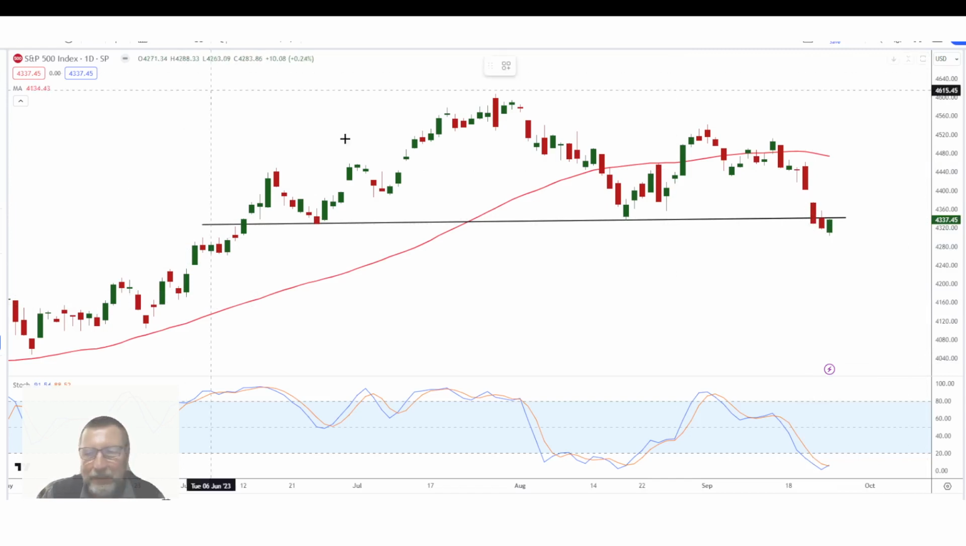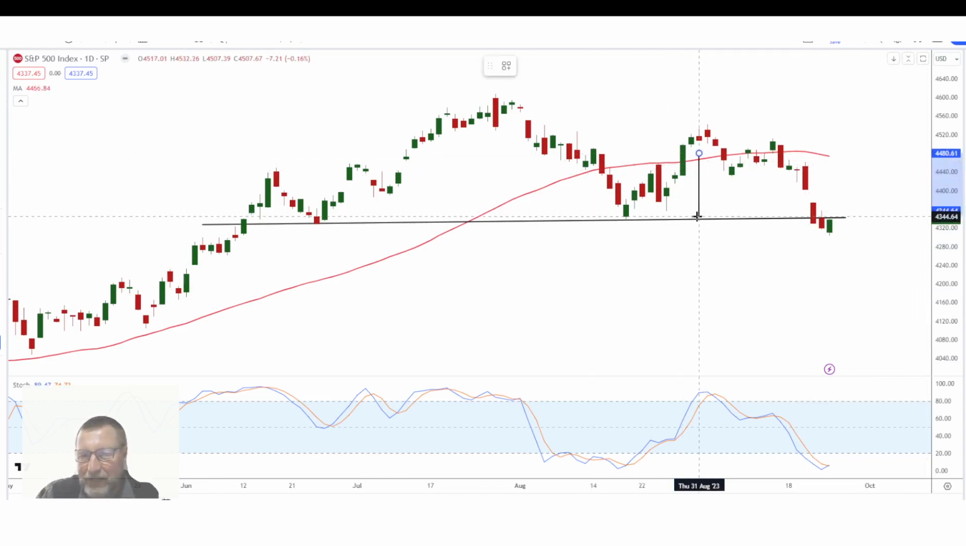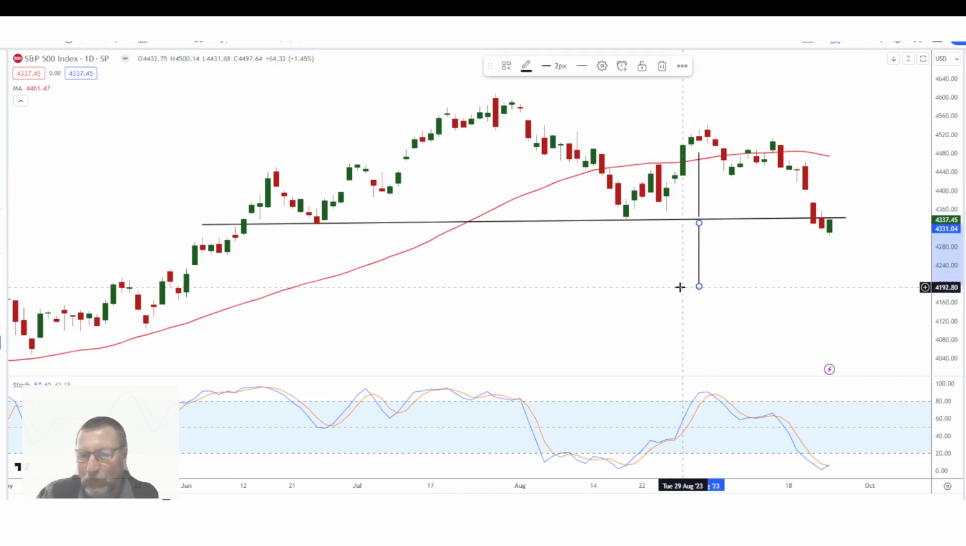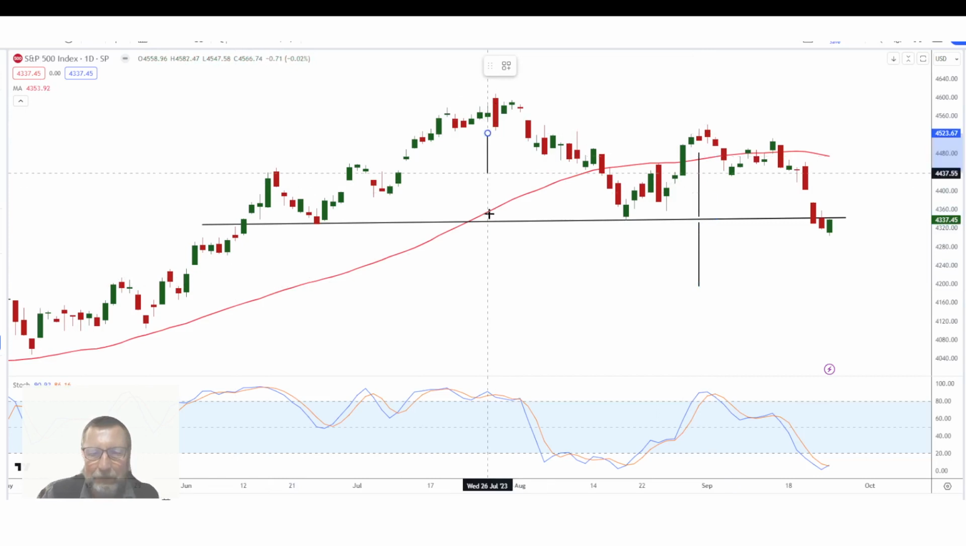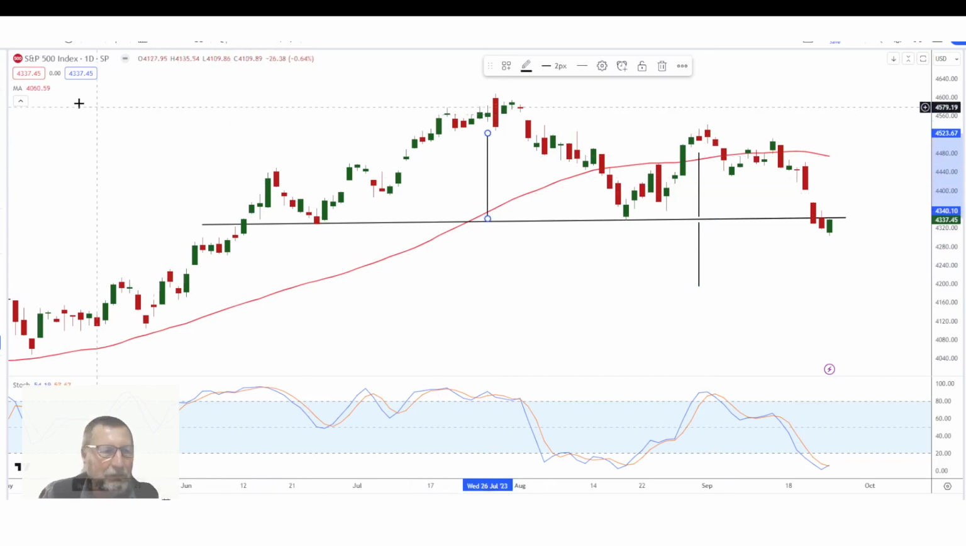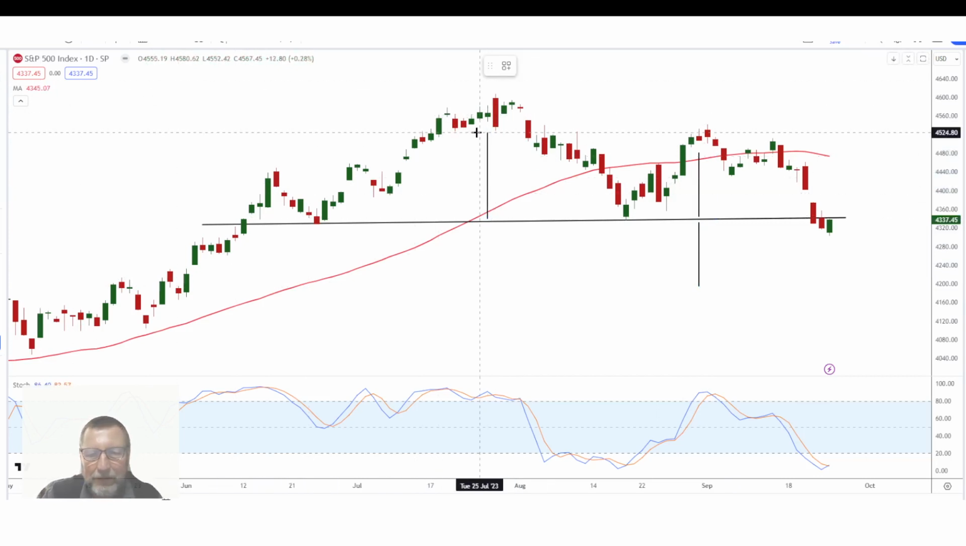Dear oh dear, if it plays out, where can it take the S&P 500? I just want to show you the conservative target. Can you believe it? There you are. It will be 4,192. And if it plays out in full, where can it take it to? Let's have a look here. There you are. It can take the S&P 500 all the way down to